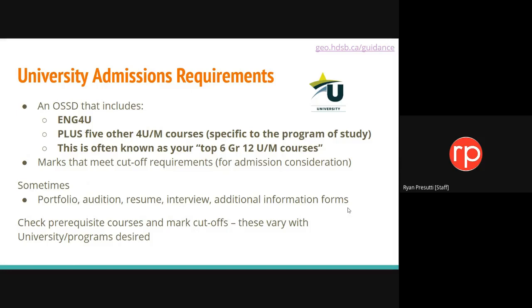So this is often known as your top 6 grade 12 U or M courses. To apply to university, you need your top 6 courses. Inclusive of those 6 would be any prerequisites that are needed for your specific program at your specific school. You need marks that meet the cutoff requirements, and Ontario Universities' info website is very clear about what the mark